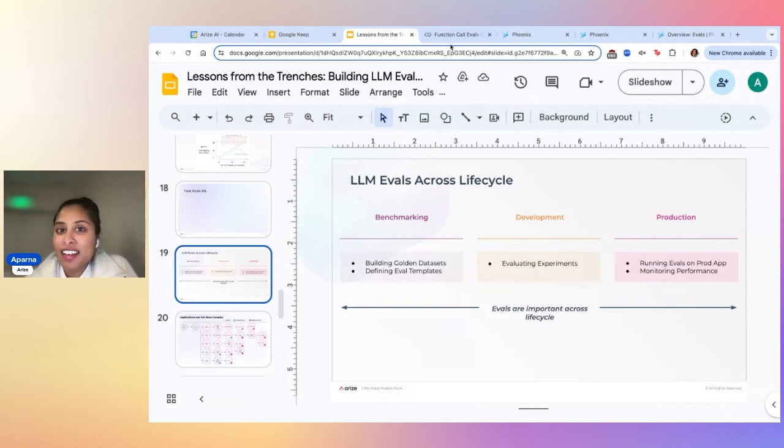I think I'm getting close on time, so I'm going to stop share here. Hopefully that was a lot of information that's helpful for folks out there who are building these applications. If I could leave you with a couple of takeaways, the key ones would be, first, know the difference between model evals and task evals. That's really critical.